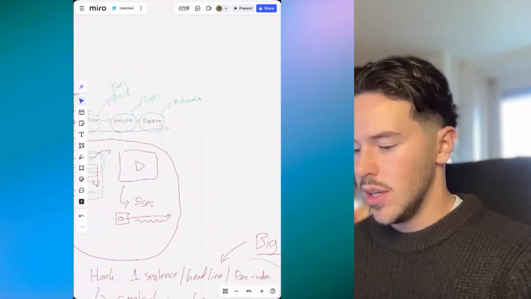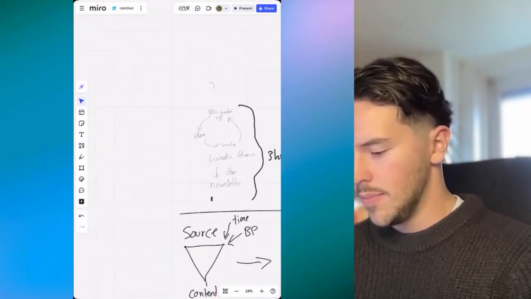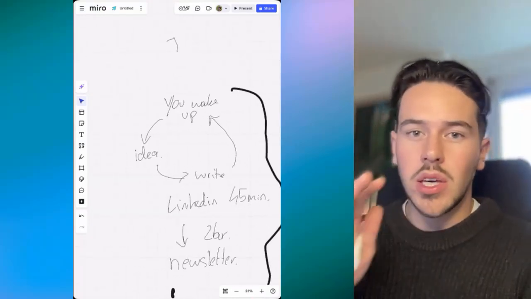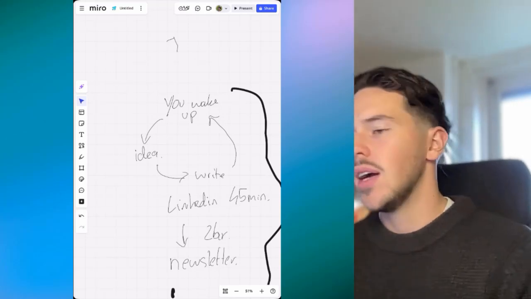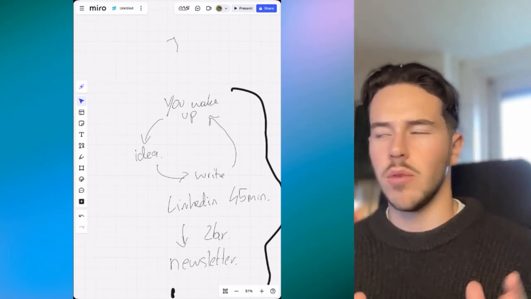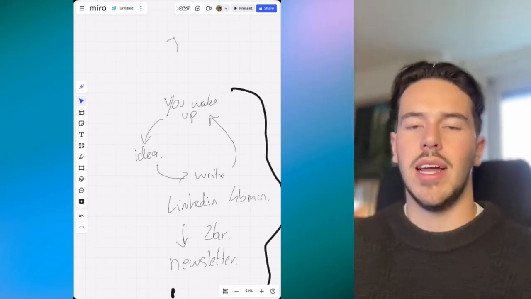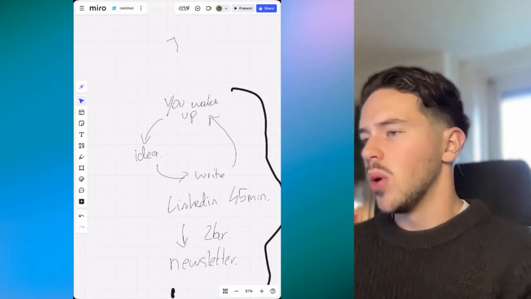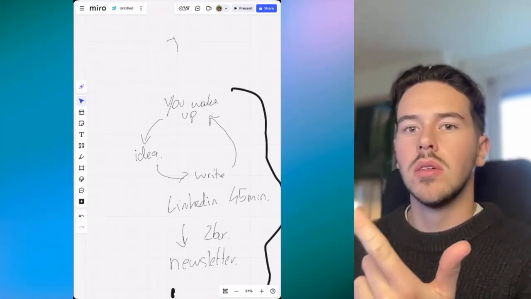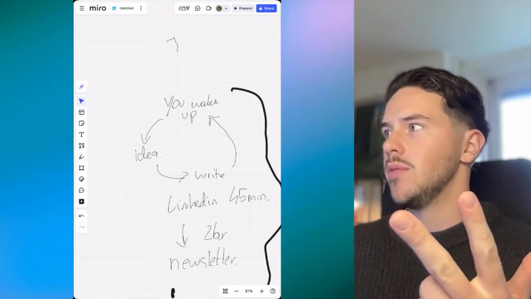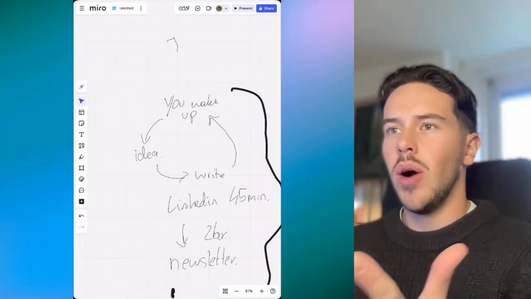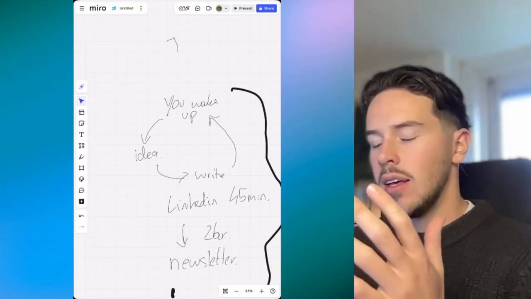So first, I write it down already here. I set this example. So you wake up, you think, okay, I need to make some content. People first start off, what's the whole point of content in essence? So the whole point of content is that people know who you are, know what you do, know how they can get in contact with you, know that they can trust you, that they can like you, that they know how much information is in your head.